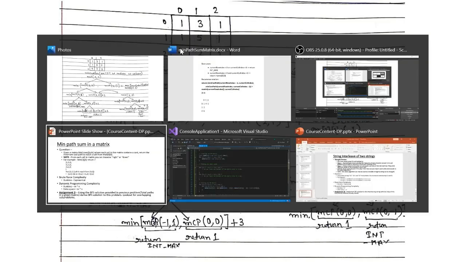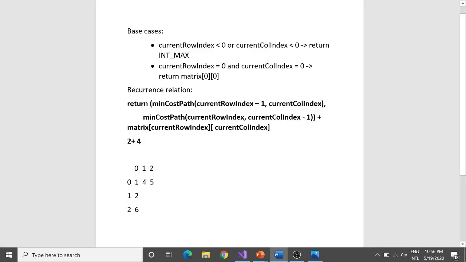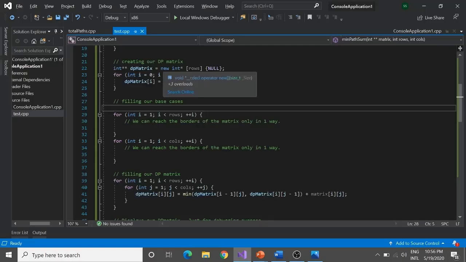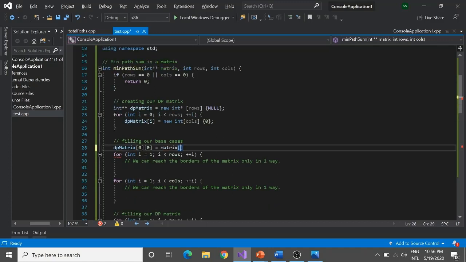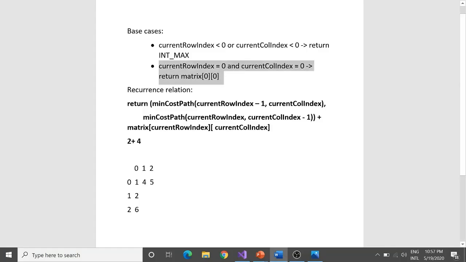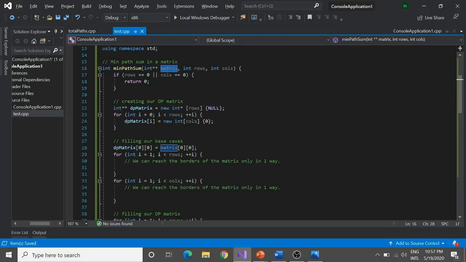So now we are done with our base cases. So how to populate them now with the code? So what was my first base case? My first base case was this. If my current row index and current column index is 0 0, so what do I do over here? I was just filling in that answer to this problem. What would it be? It would be whatever I have in my matrix over here. So it would be this thing, and this matrix signifies the original matrix where we need to calculate the min path sum to our last cell. So what about other base cases?